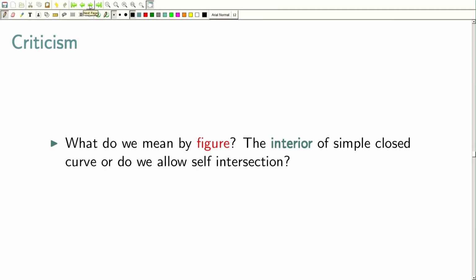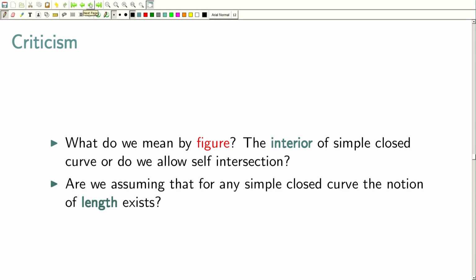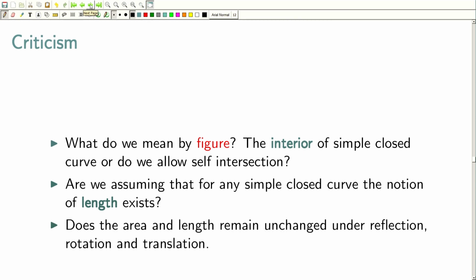Now, a lot of criticism came. First of all, what do we mean by a figure? Obviously we are assuming there is a closed curve, and the interior of a simple closed curve or not, do we allow intersection? And are we assuming that for any simple closed curve the notion of length exists? Because when we talk about perimeter, we are talking about the concept of length. So the question is whether the length exists or not. Okay, and then most importantly,